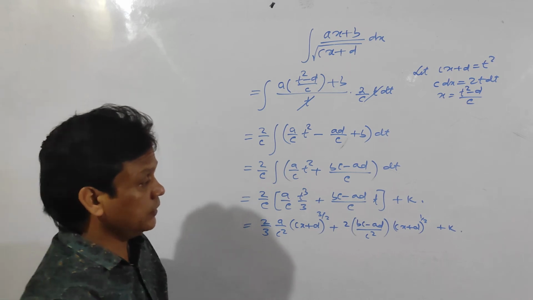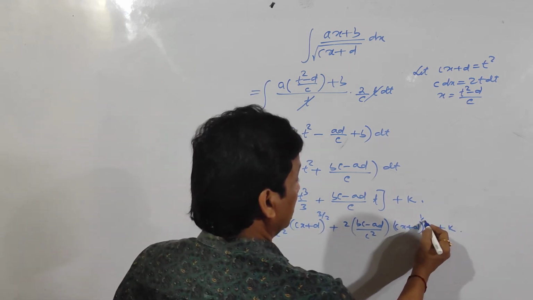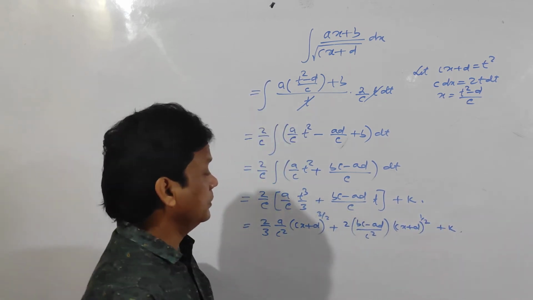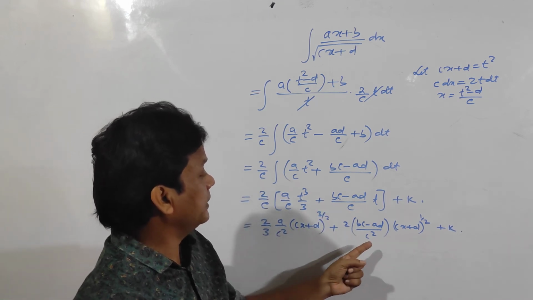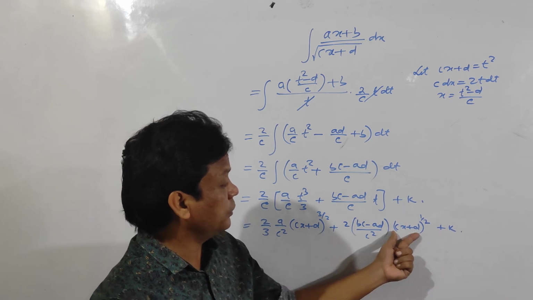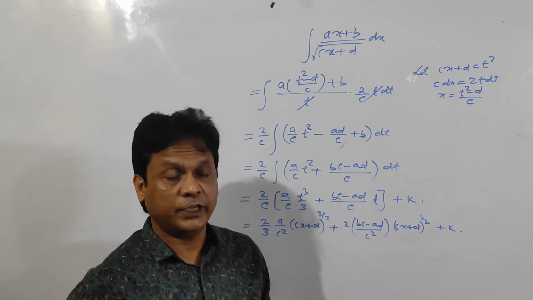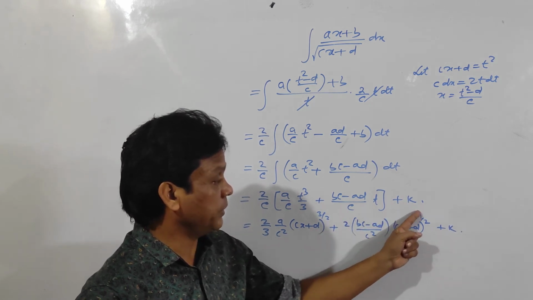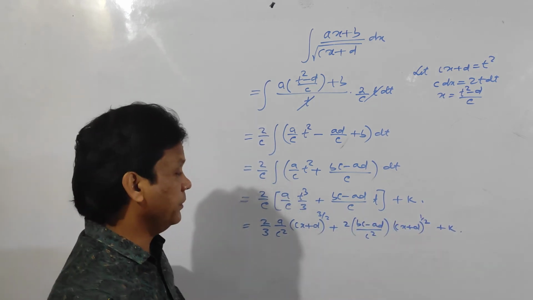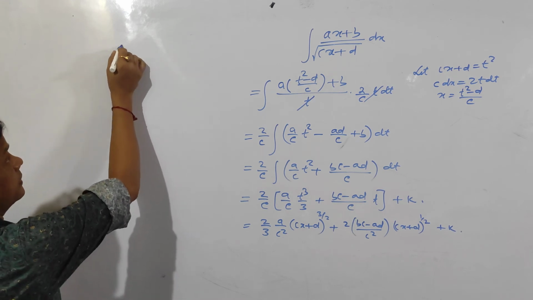The difference is that in the previous form it was 2 by 3 to the power 3 by 2, and in the second term it was 2 by 5, this one to the 5 by 2. In place of 5 I am writing 1. 2 by 5 it is 1, 5 by 2 it is 1. In place of 5 simply I am writing 1. So see here, one example I am giving you.